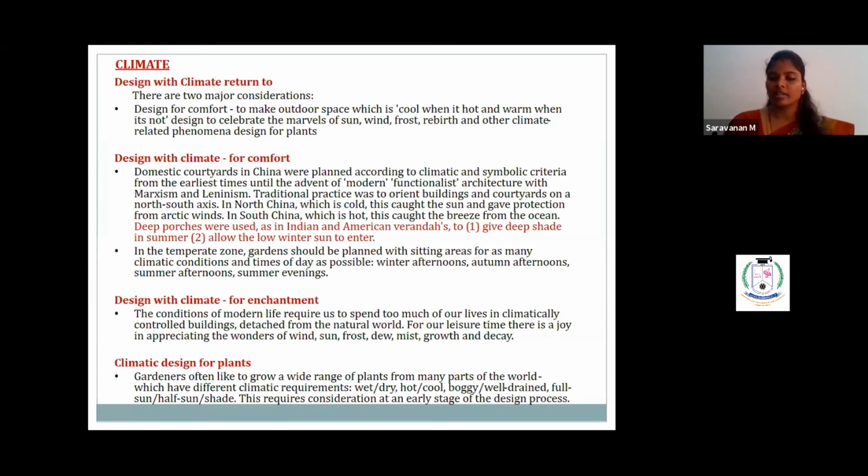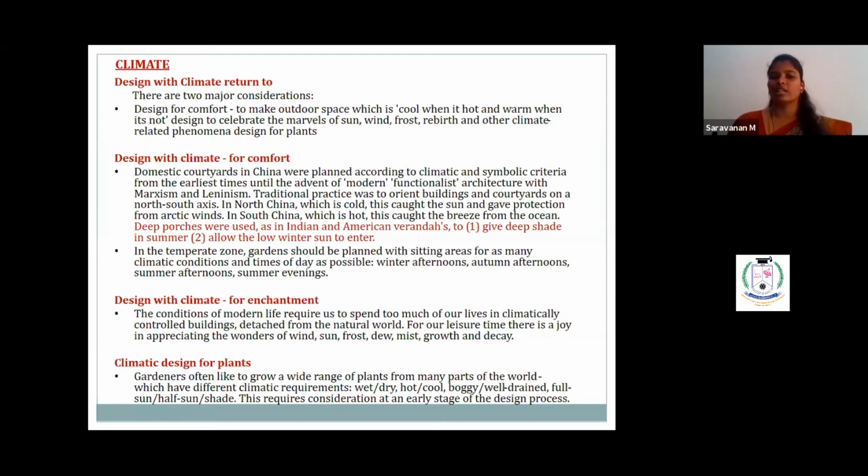As and when you see in cold climates, where you have more cold winds, you have to place it in the opposite direction. You should place it in the east and west direction. So that is what. And then when it comes to enchantment,